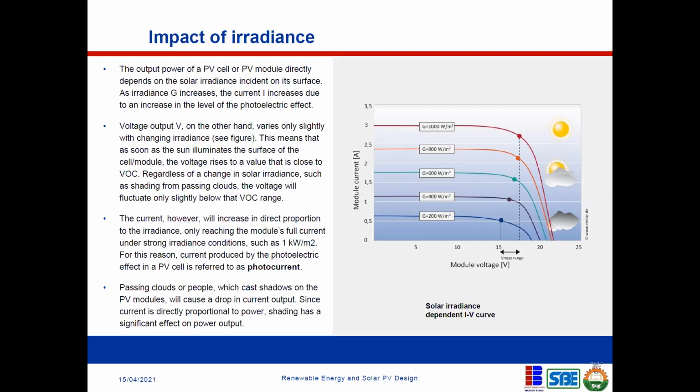The voltage will fluctuate only slightly below that open circuit range. So what that means, look at the diagram on the right. On the vertical side, what we have is the current. Then on the horizontal, we have the voltage, just like in the other illustration that I made,